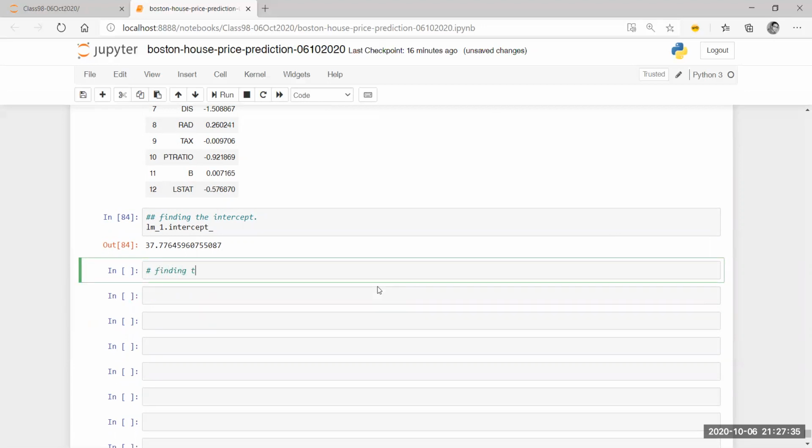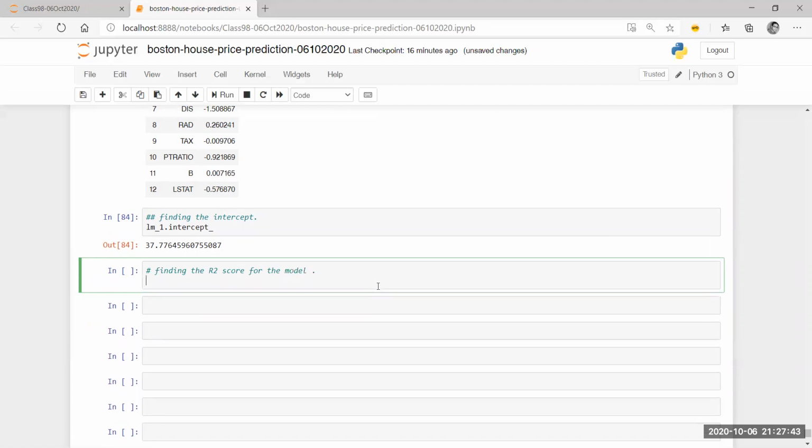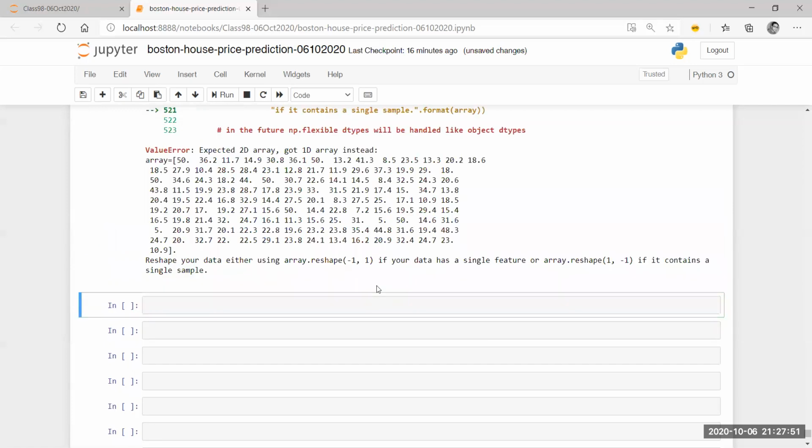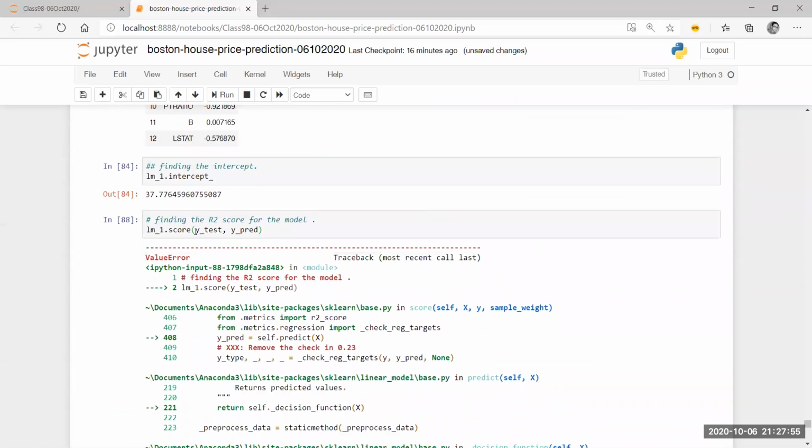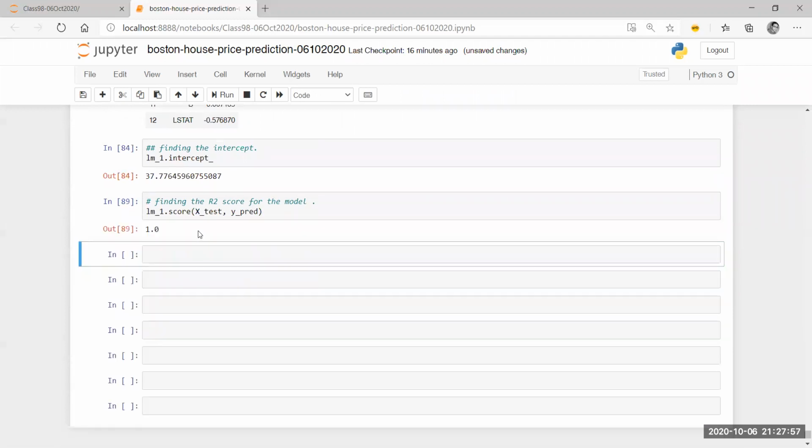So finding the R square score for the test data of the model itself. How do I do that? I'm going to do lm_1 and then score. Inside score, I'm going to pass y test and y pred. Yes, x test, I believe I have to pass this. No, x.